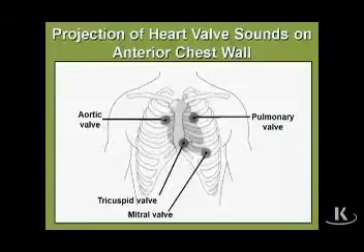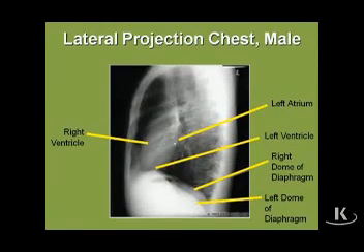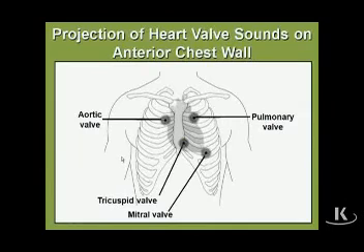That's the principle. The anatomical fact that we want to know is reflected, if we go back one slide to this lateral image of the chest, we can see that the heart is tilted forward in the chest so that the bottom of the heart is closer to the anterior chest wall, which means it's going to be closer to your stethoscope, which is on the anterior chest wall. So, if we know that fact and we know the general principle, we should be able to figure out the